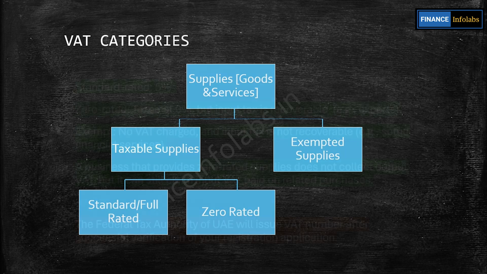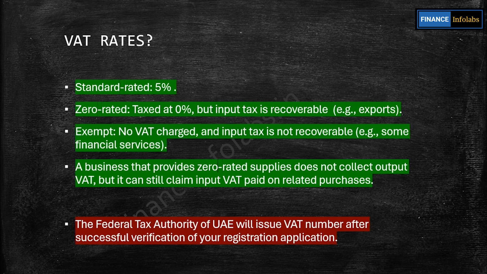In the next slide, we can discuss VAT rates in UAE. Standard-rated, 5% applies to most goods and services, such as electronics and clothing. Zero-rated, taxed at 0%, but input tax is recoverable on items like exports and international transport. Exempt, no VAT is charged, and input tax is not recoverable for services like certain financial transactions and residential property rentals. A business that provides zero-rated supplies does not collect output VAT, but it can still claim input VAT paid